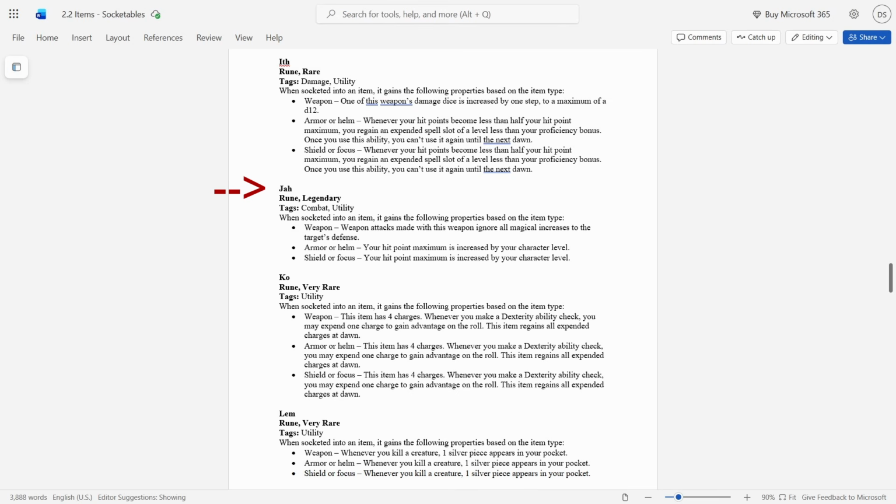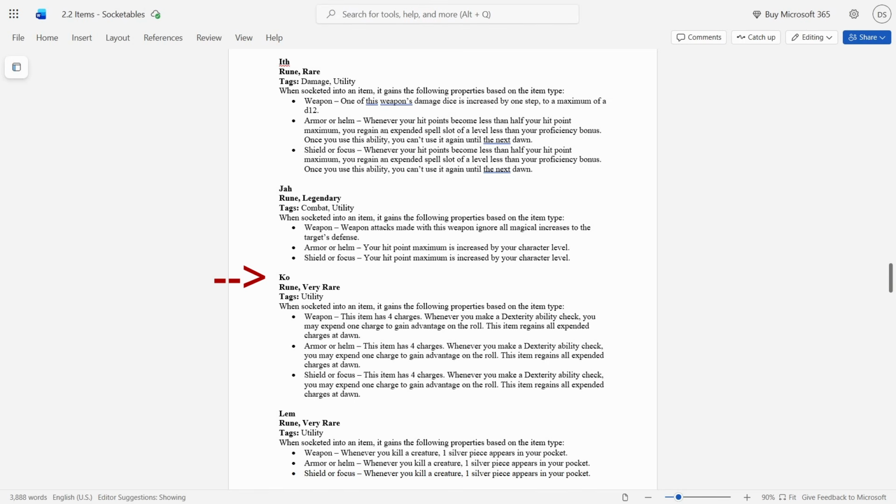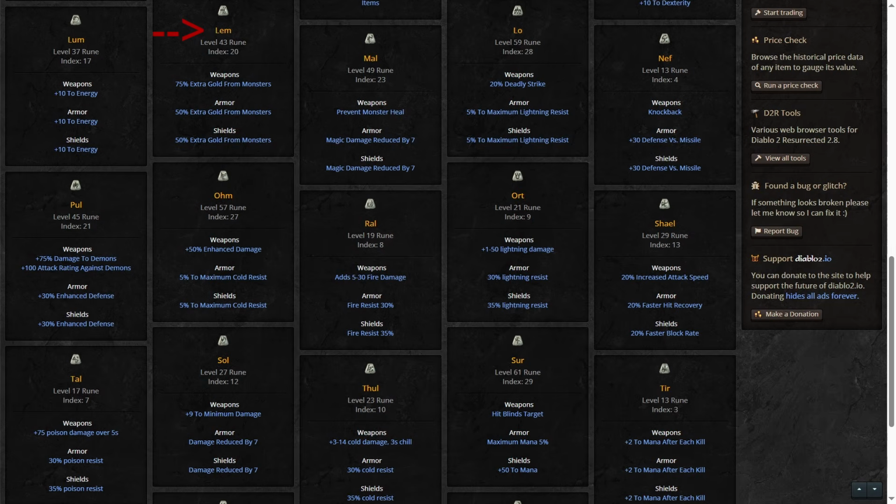Still pretty good though. For the Cham rune, this one gives a bonus to dexterity. Much like the previous rune, you have charges, expend charges, advantage on dexterity ability checks. Lem got really interesting. This one increases the gold that you find from monsters. And, yeah,